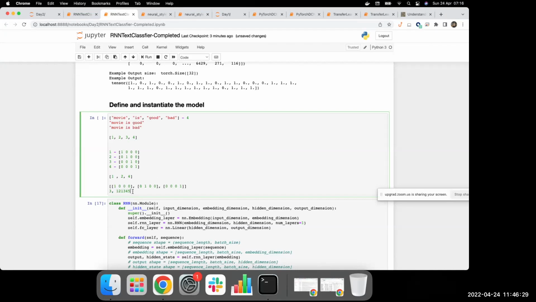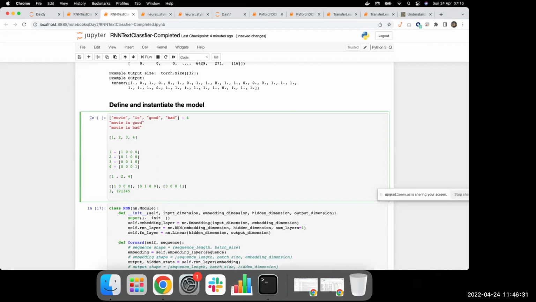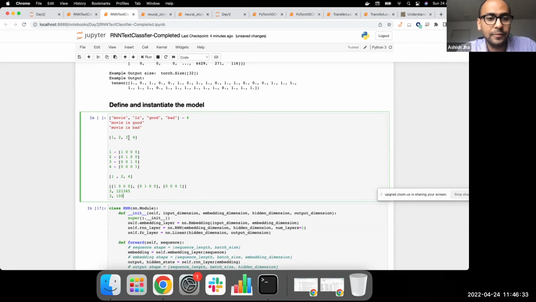That is why we try to funnel this into a 3 comma 100 representation. Each word is now going to have an embedding which tells us what this word is about, instead of giving us a flat 0 1, one hot representation. So that's the goal of going from this to this in simple terms.